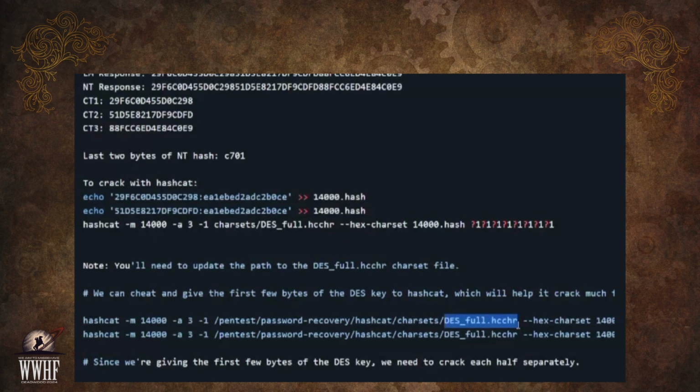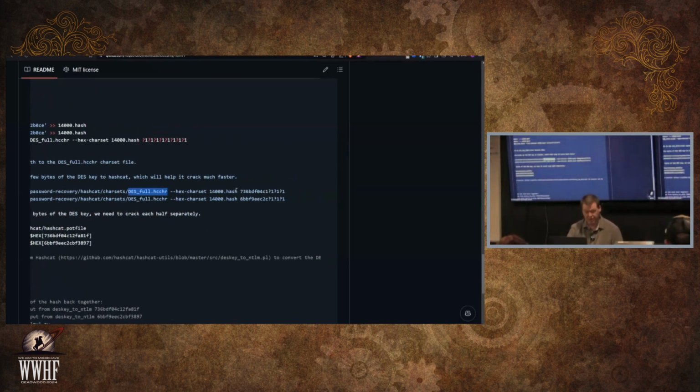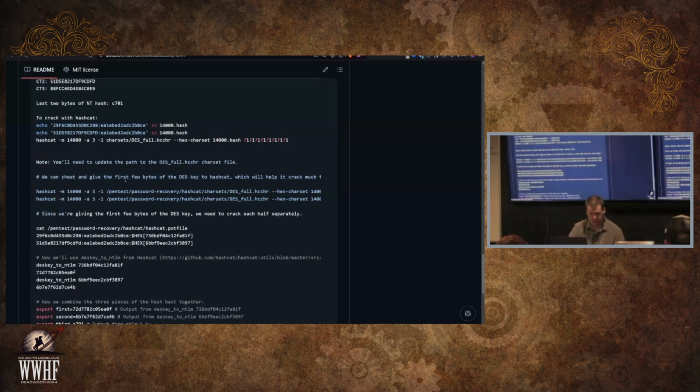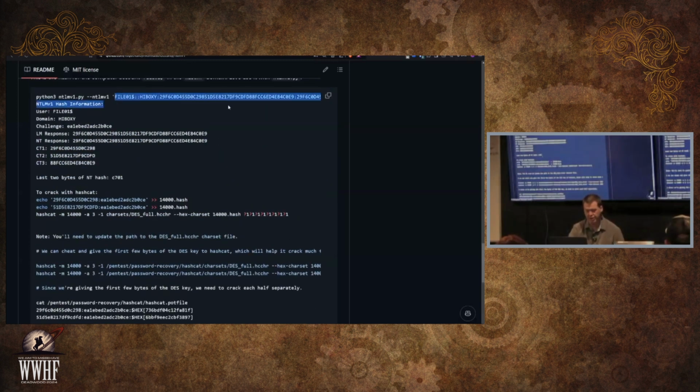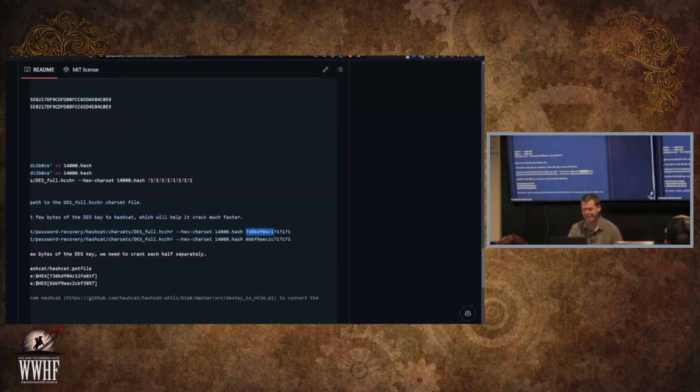All right? So if you're curious and you want to walk through this, this is actually a working example that you can take this exact command, and I have given you the first 5 bytes of the des key in both of those cases so that it cracks in like 10 seconds on a VM with no real resources. That way you can do it and test it and not have to spin up